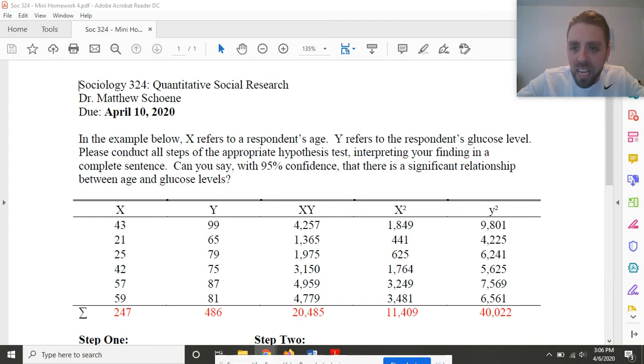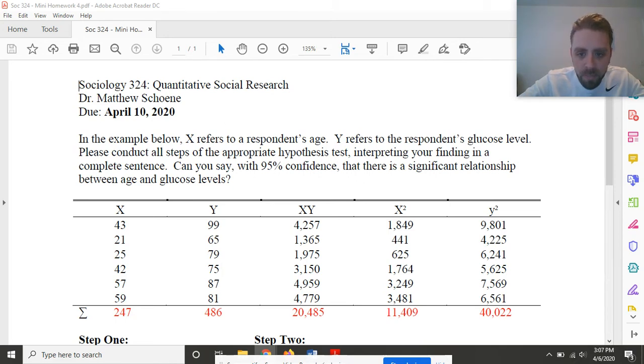Third column, XY, I took each X and multiplied it by its corresponding Y. You can't go across pairs here. It has to always be within the pair. So 43 times 99 equals 4,257. Moving to the second row, 21 times 65 equals 1,365, so on and so forth down the line, and I reach a summation of XY equaling